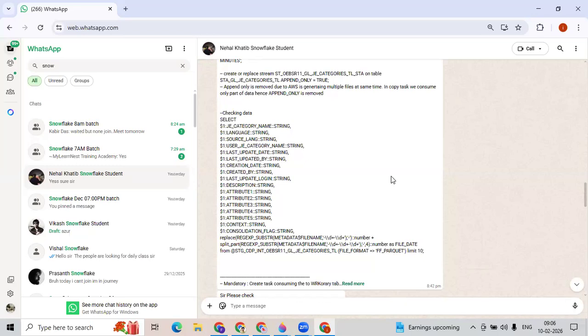I can do time travel like this. We have many concepts, but very small ones. In traditional databases, these are very big things, where we need to involve the DBA in multiple places for taking backups and all those things. Here everything is taken care of by Snowflake. We just need to understand how to use it. Very simple.